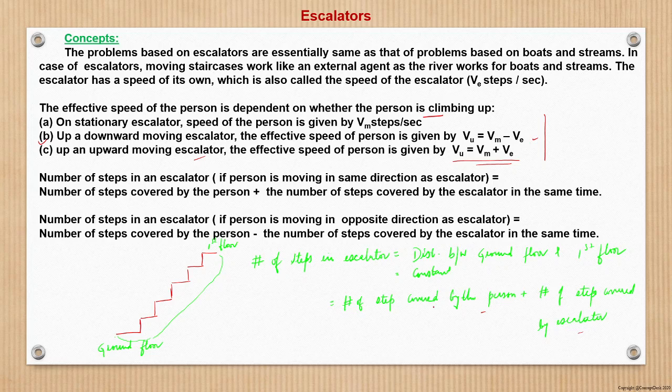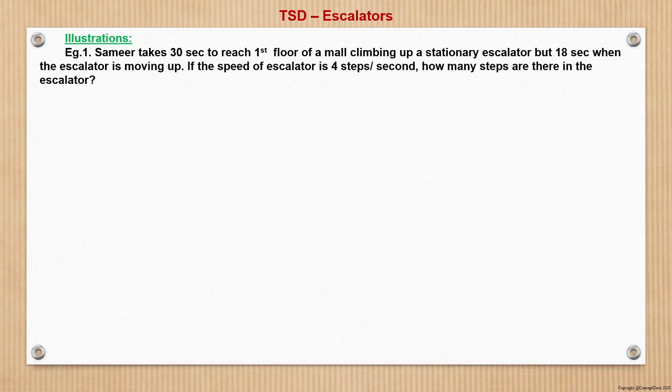So this is the case when both are moving in the same direction. If the escalator and man are moving in opposite directions, then there would be one negative sign for the obvious reason which we have seen. So with this much basic background, now we move to solving questions, and through that we even consolidate our concepts even further. So let us see question number 1, which reads that